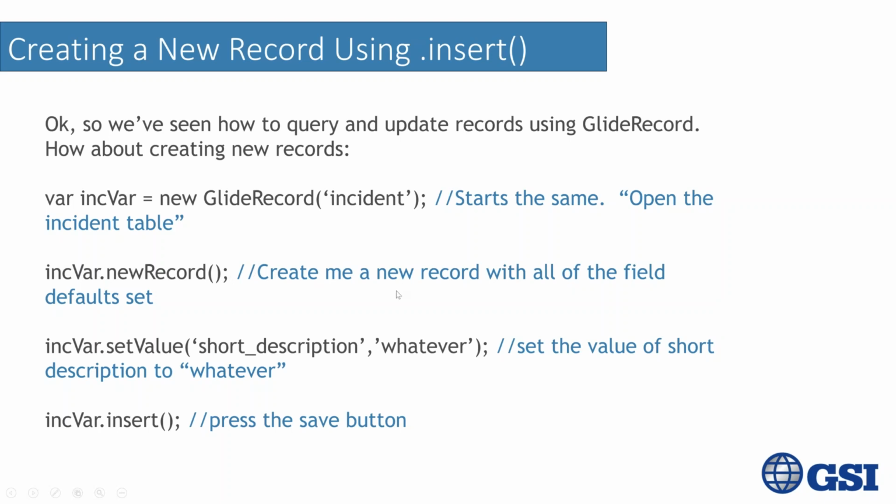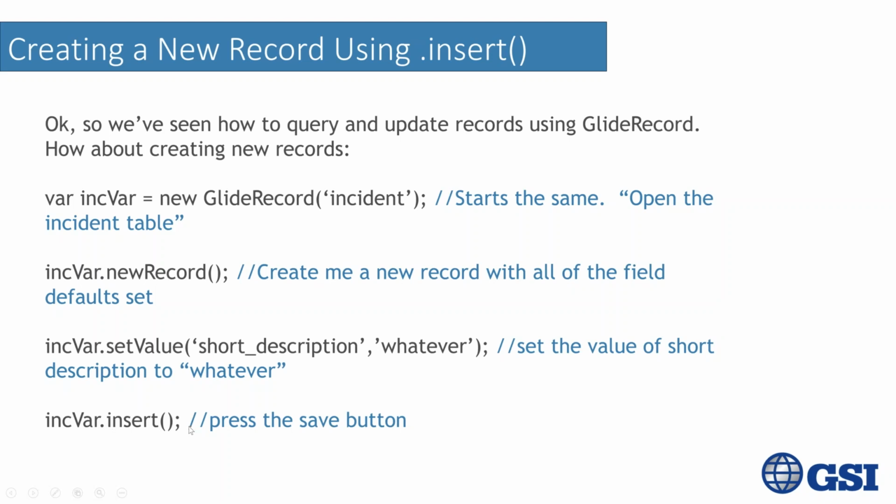So what newRecord does is it creates a new record in that table with all of the field defaults set, right? So if you had a default value for this, it got set. So open a new record and set all the default values. And then this one is dot setValue, short description, whatever. So this is set the value of short description to whatever. All right, our short description is going to be the word whatever. And then finally, press the save button,